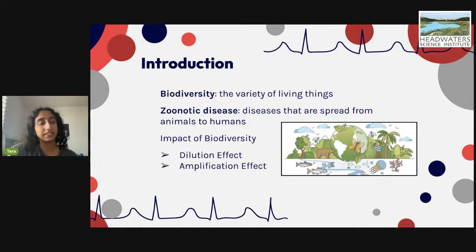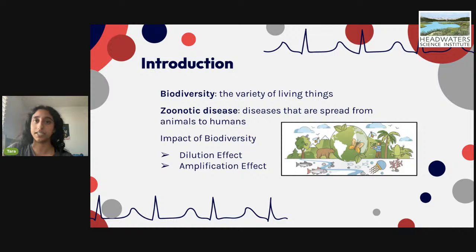So first, what is biodiversity? Biodiversity is the variety of living things, and it's a very important component for many ecosystem processes. Species richness is often used to represent biodiversity by calculating the number of different species within an area. And zoonotic diseases are diseases that spread from animals to people, and biodiversity has a direct effect on the risk